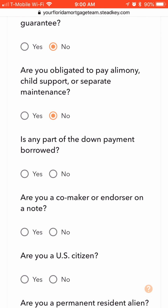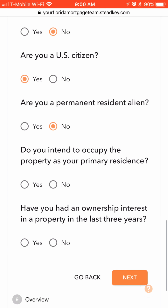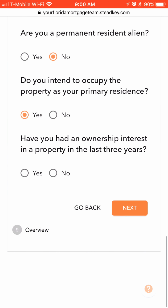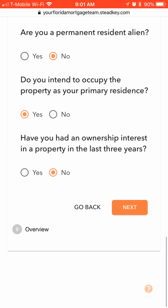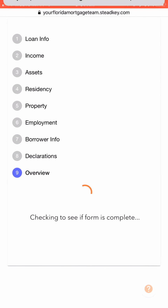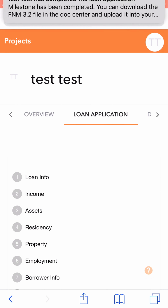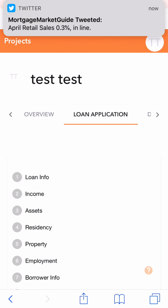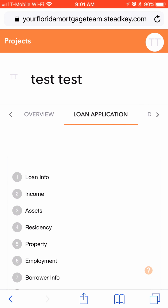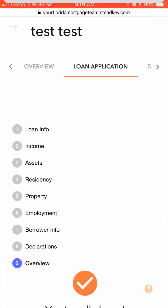This part might take a little time because you have to read each question. This is important here because this last question determines if you're a first-time homebuyer or not. If you owned any property in the last 3 years, you would not be considered a first-time homebuyer. Then once you hit next, overview, it's going to check to see if you've completed, and you're done. It's that simple, guys. This has been an example as far as how long it takes to start a mortgage application from start to finish. Once you complete, I myself will receive it in real time, and I will be following